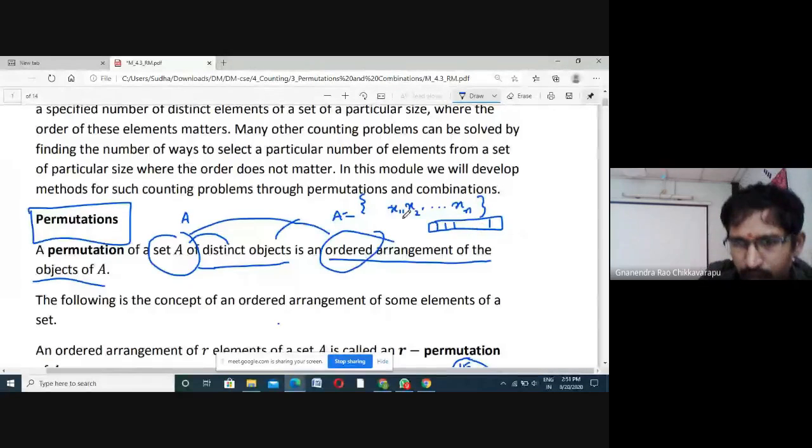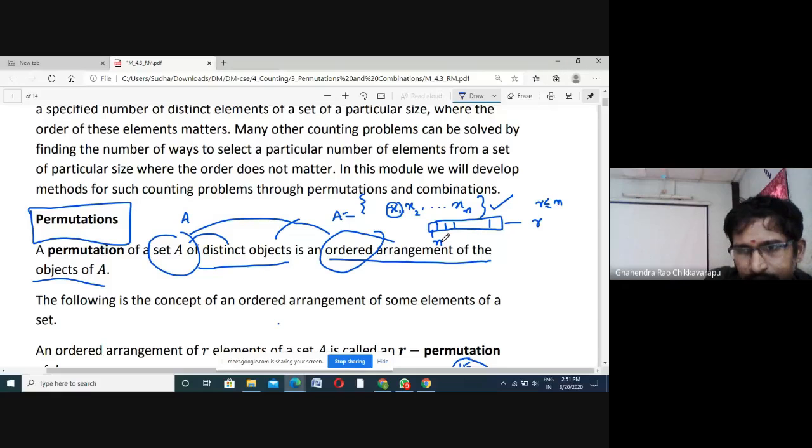Now permutation means what? Any element can occupy this first place in n ways. You have n elements available. What you need is a string of length r. Remember that r is less than or equal to n.